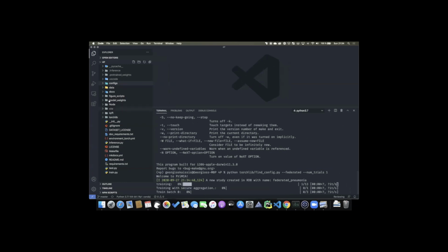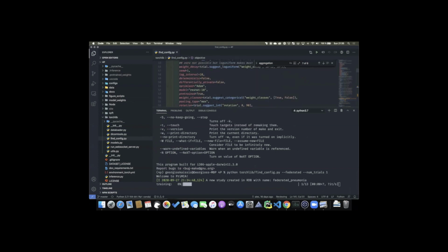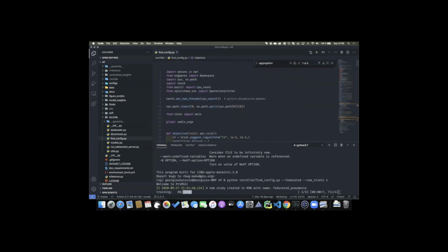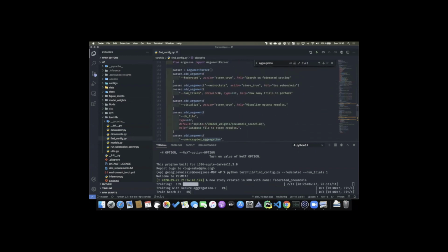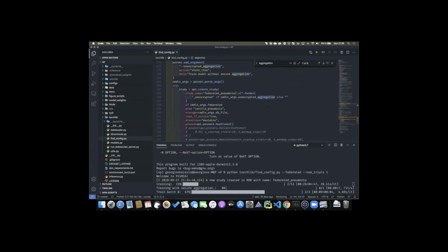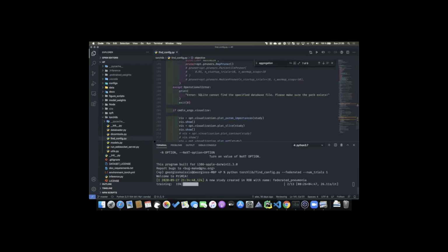And it needs a model weights folder. So if you don't have this model weights folder, you can configure the path. By default, it's configured to put the database file inside this model weights folder. And if you get an error for this, it will give you a useful error message. So you can set the path correctly to use a different path for the model weights. So this will run, and if it encounters an incompatible configuration or an error, it will just skip it, and it will then put everything in this